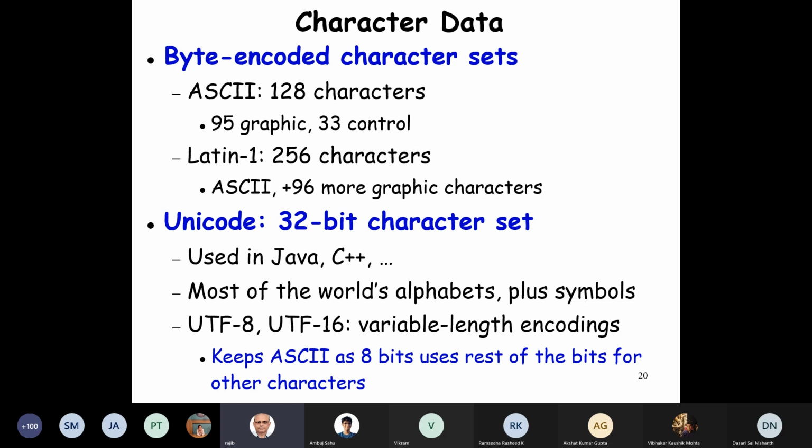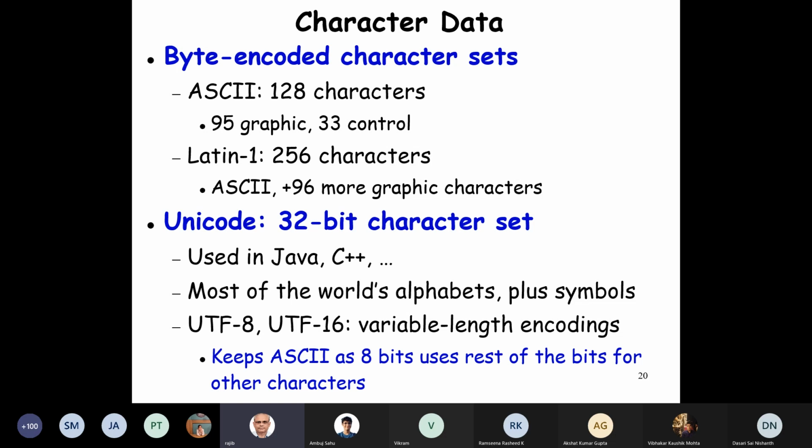Fortunately, the way Unicodes are designed, the UTF, Unicode Transformation Format, I think that's the full form of UTF, are variable length encodings, and we don't use the 32 bits for all types of characters.